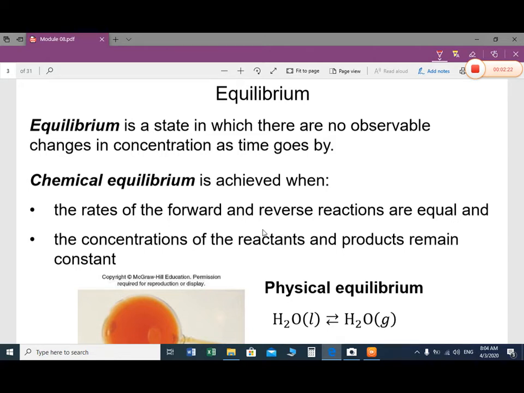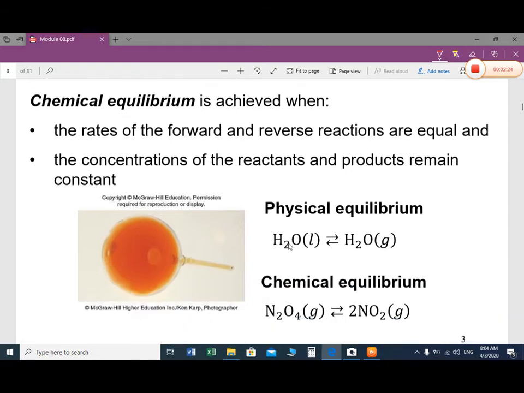But in a chemical system, water as a liquid changes to vapor, which we represent by g, the gaseous phase, and also the water vapors condense to form liquid water. In the system, this will stay in an equilibrium state. The rate at which liquid water changes to vapor and water vapor changes to liquid will be the same. So that is called the equilibrium state.